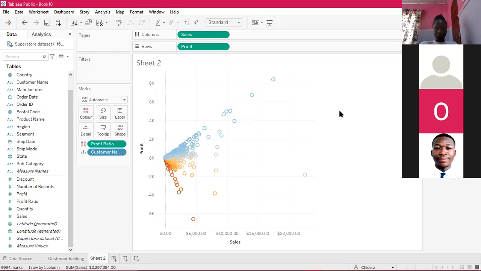Sorry, did you say something? Yeah, what are we doing for this next sheet? Huh? No, I don't know. The question for this next sheet. I can't hear you, sorry. The question for the next sheet. Oh, I said we're trying to show the relationship between sales and profits for each customer. Okay. Yeah, so